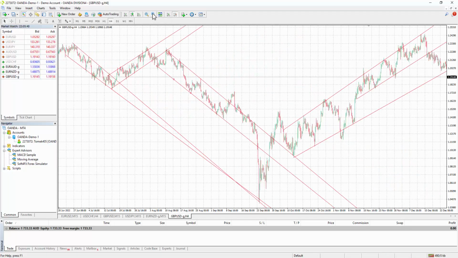Okay, I think I'll zoom out a little bit. This is a 4-hour chart, but as you can see, the price was like a pattern, and it was going down, up,